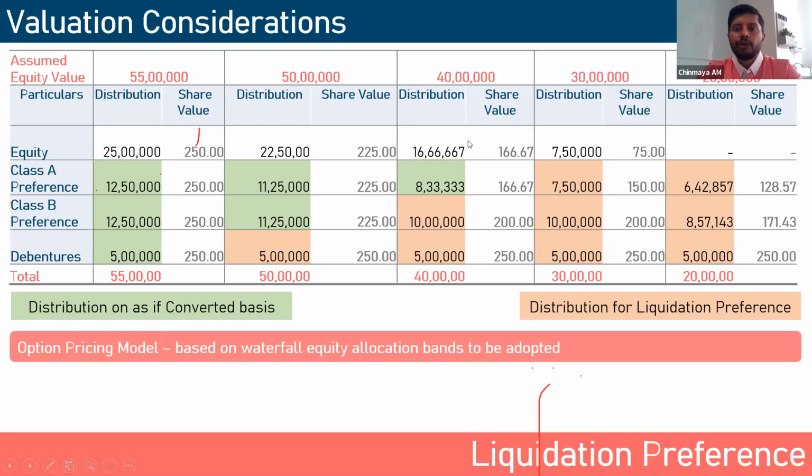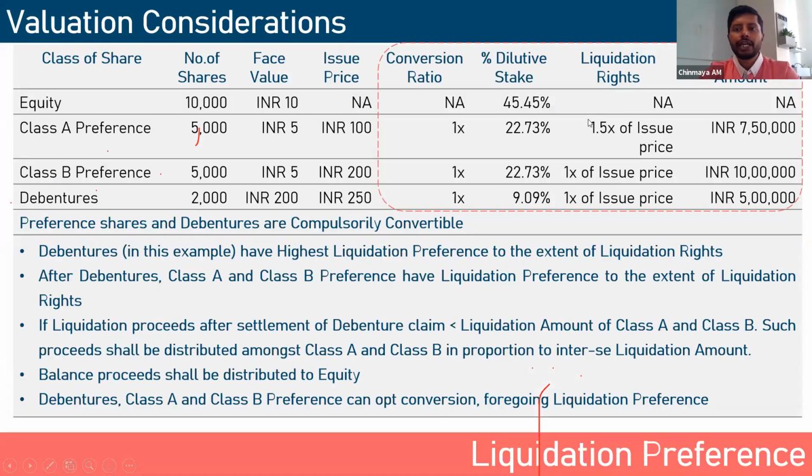And next scenario, 40 lakhs. It's just a graduation from the previous scenario. But one interesting thing here is that debenture holders are getting 5 lakhs, and Class B is getting 10 lakhs. Class A has 1.5x here and Class B is just having 1x. And Class A